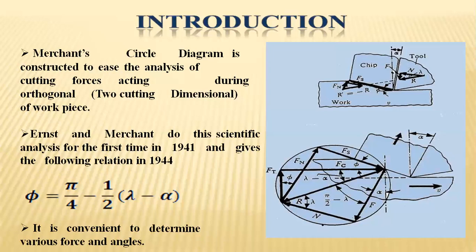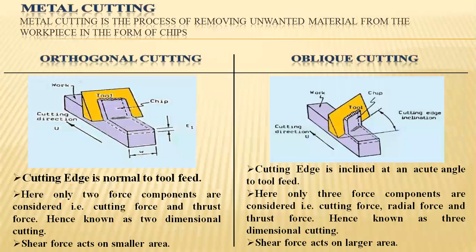So those are very much inconvenient to analyze the cutting forces required for measuring the object to attain the required dimensional accuracies. Coming to the metal cutting process, it is the process of removing the material, as we have discussed in the previous classes, the MRR process, the material removal rate, that will be elevated in the form of chips.